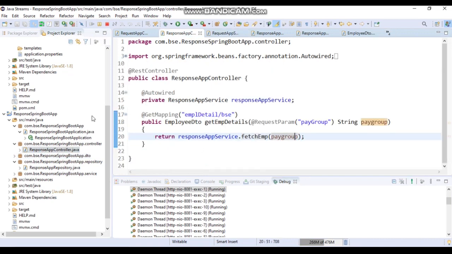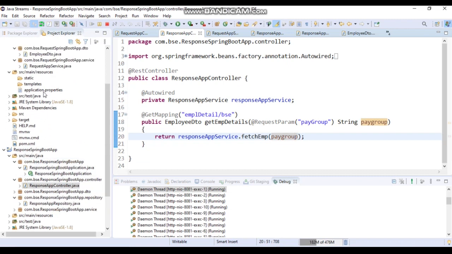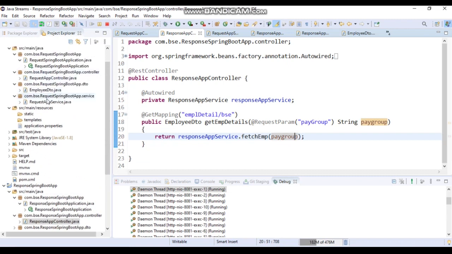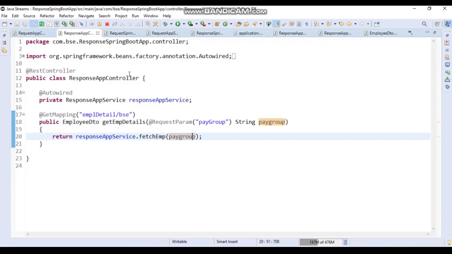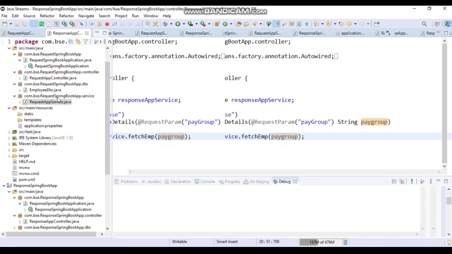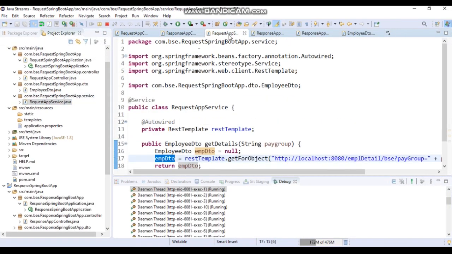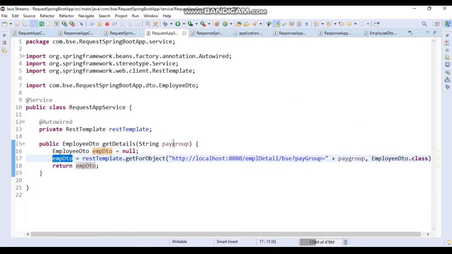All right, so now we will implement REST template.exchange. In the previous video we had used REST template.getForObject. So let's use that right now. What we will do is comment this out. This was getForObject, but you will not get this in a real project. You will get REST template.exchange. You will have to call other APIs by using REST template.exchange. That's why I'm covering this in this video.